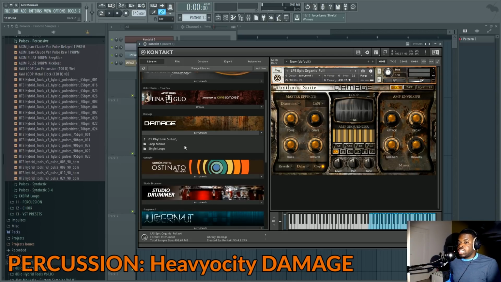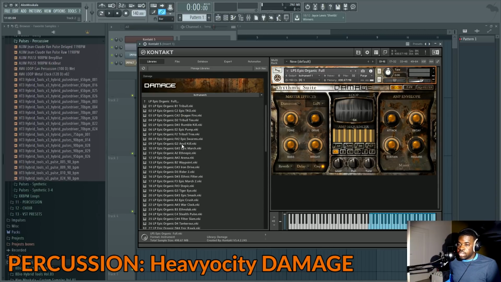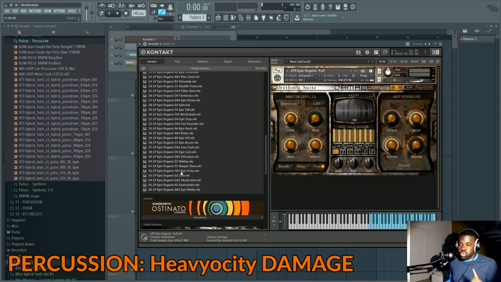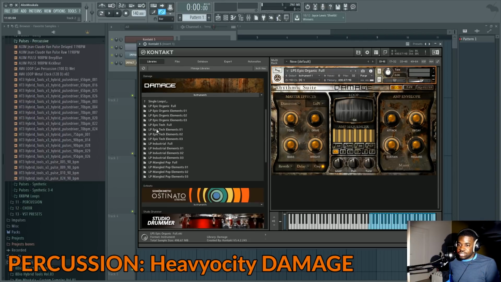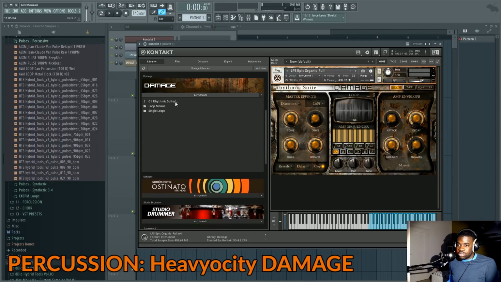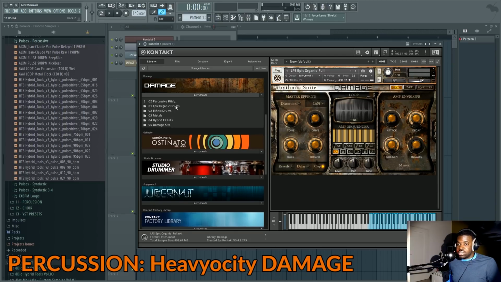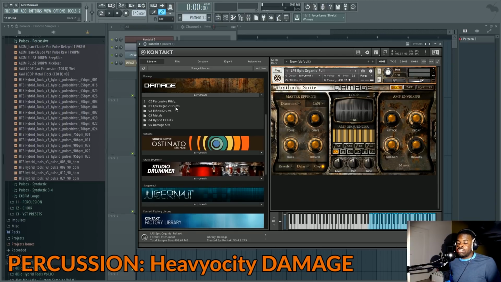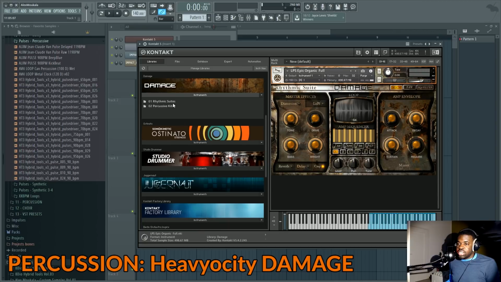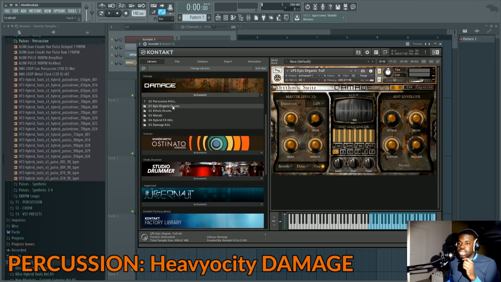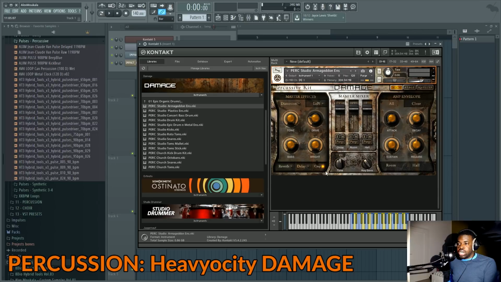That's resampling. Now with Damage, you get lots of loops like this one. And all of these are loops in just one category, and as you see, there are many categories, so you can imagine the amount of loops you get. There are percussive kits, and you even have drum kits and stuff like that. There are also trailer hits, trailer drones, and loops in one single library. This is probably, along with Metropolis Ark, one of the best libraries ever made, in my opinion, because of the sheer diversity you get. Another thing it allows you to do is manage the way your percussion is